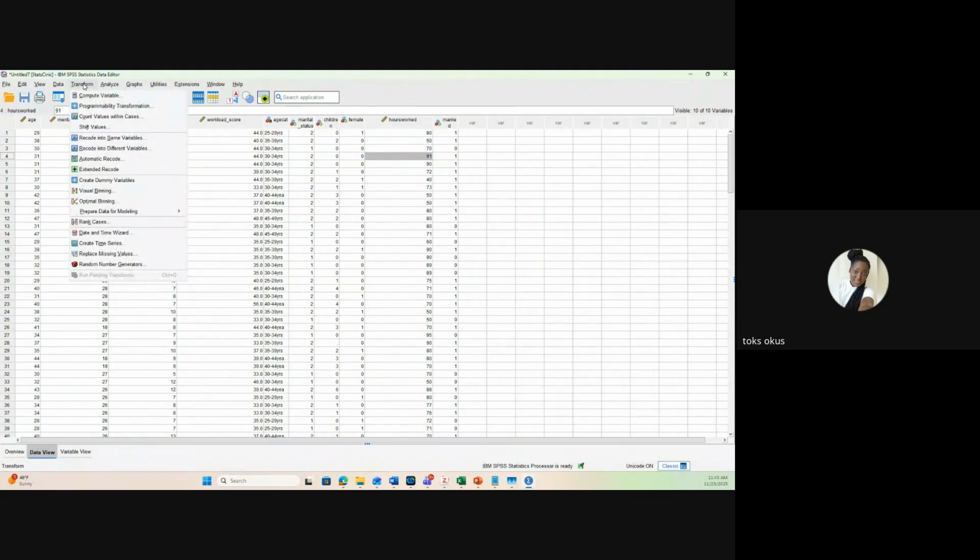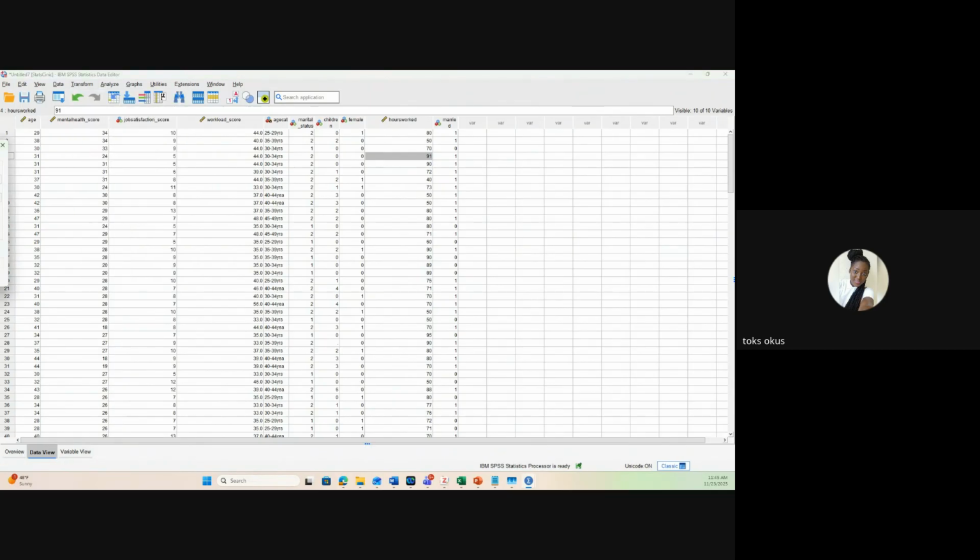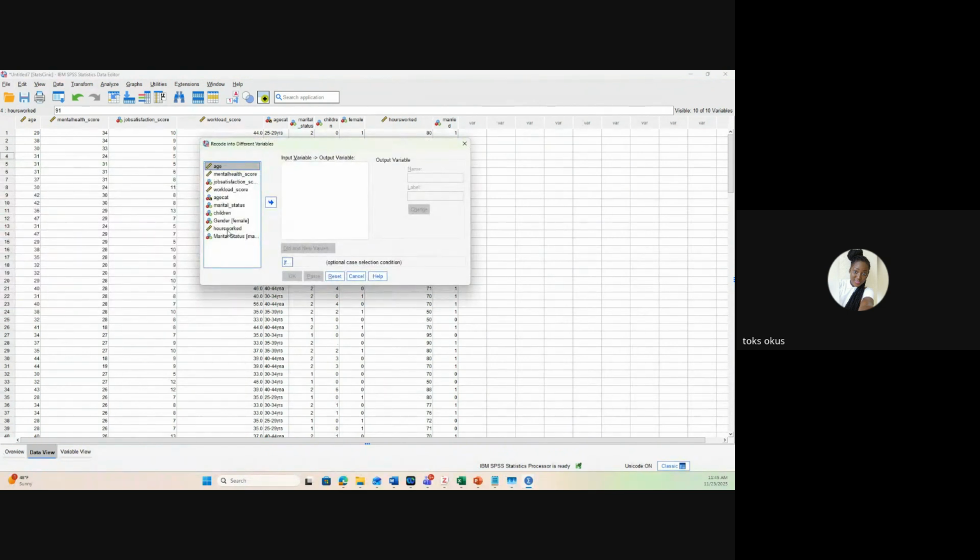So we're going to select Transform, Recode into Different Variables. Then we're going to bring that to the screen. Then we select hours worked, which is the variable that we are transforming. Bring it into here and you name it. We are going to name this new variable that we are bringing into our data set, let's say, GT70. We can decide to label it to give it a meaning, and we can just say working more than 70 hours per week,